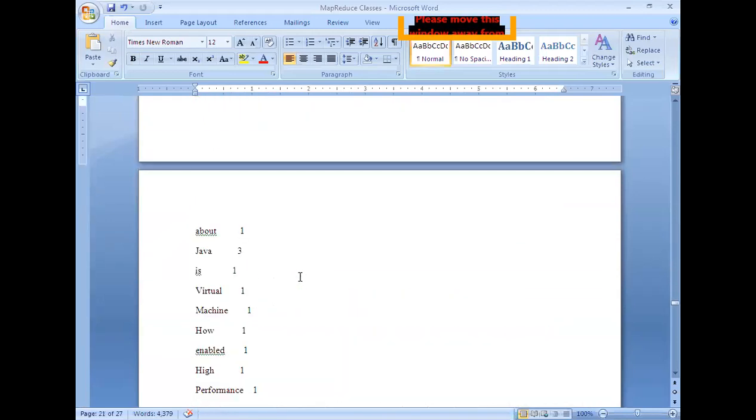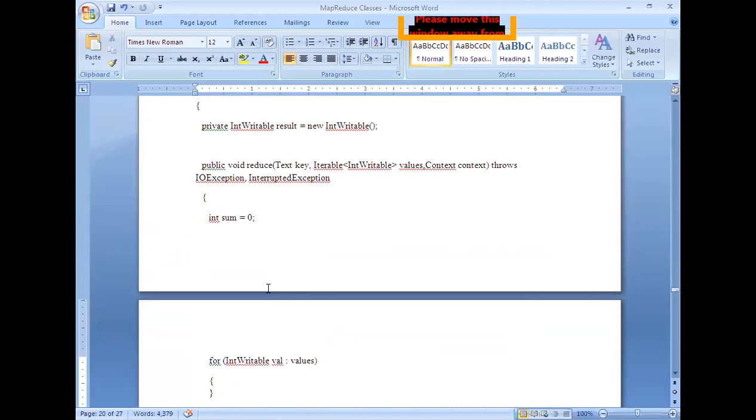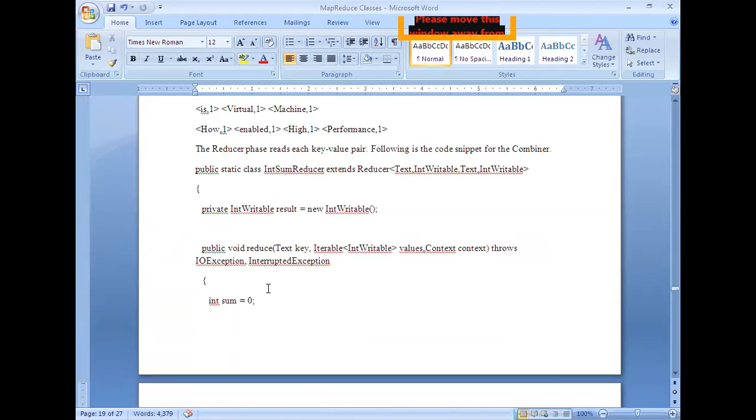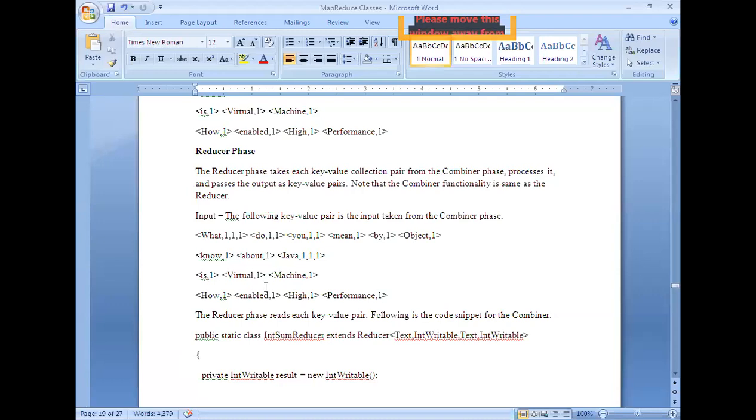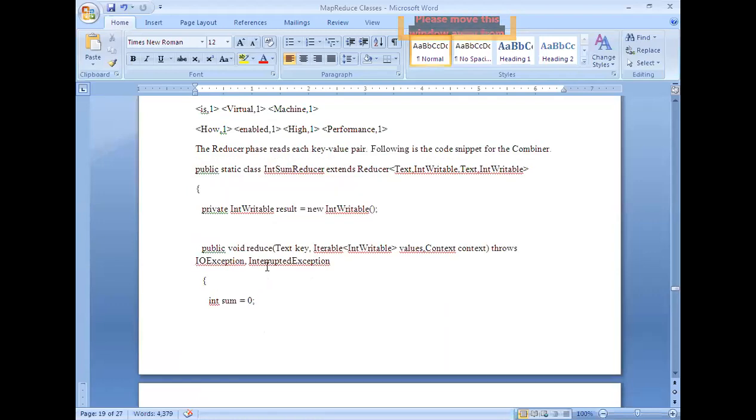In such a way, we also need to write the main code, the main program. For the main program, we need to set the job name, the job class, the input format, FileInputFormat.setInputPath of the input path, and FileOutputFormat.setOutputPath of the output path.